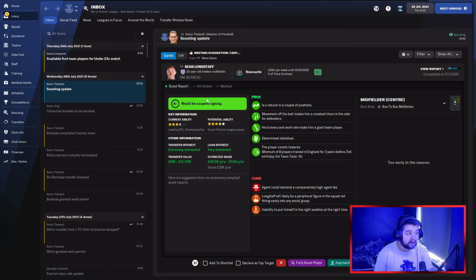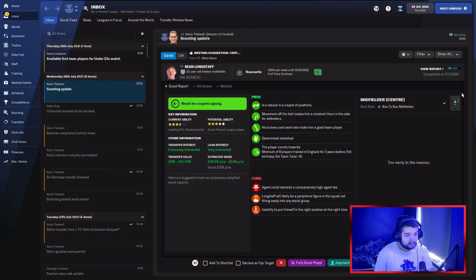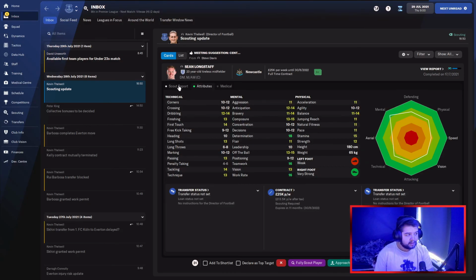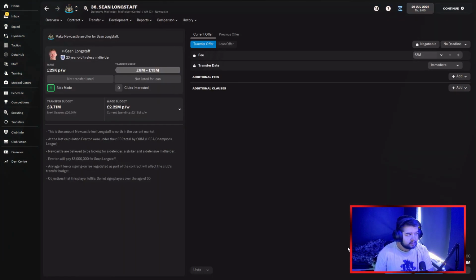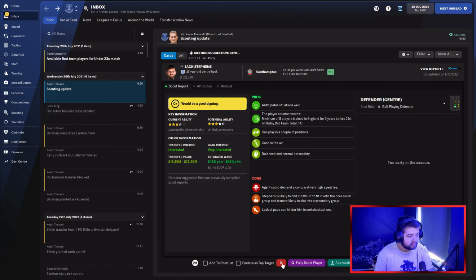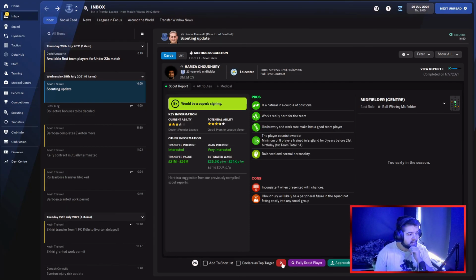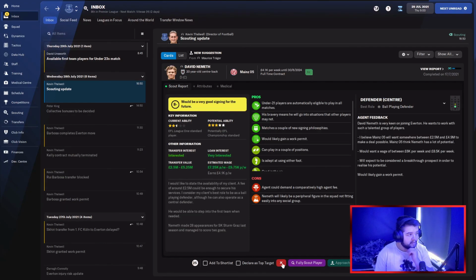Now that could be a player. And he's loan interested. Sean Longstaff. Can't loan him. Okay. There's no point putting a bid in for him because we can't sign any of these people really. Hopefully we can get some people that are actually ridiculously cheap. Again, a good player, but...